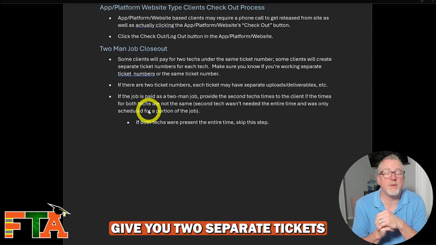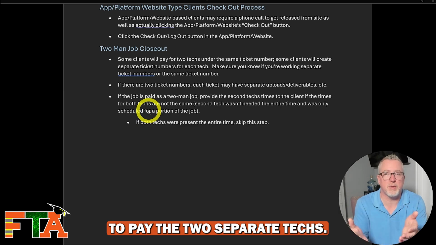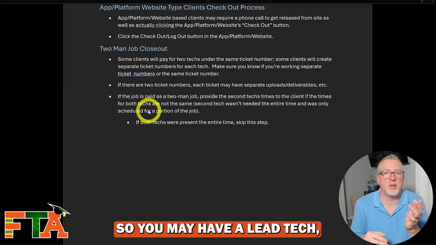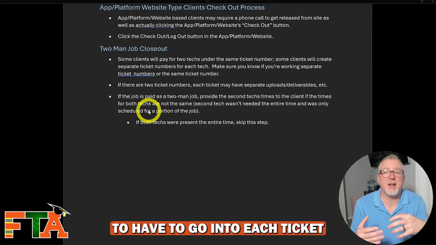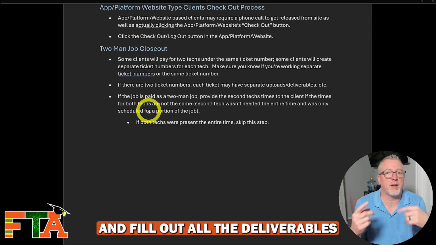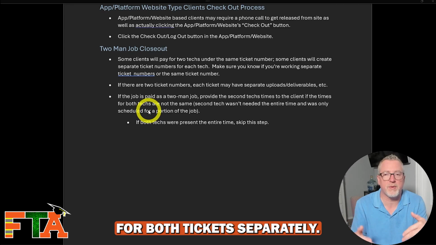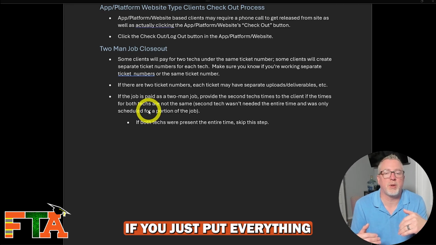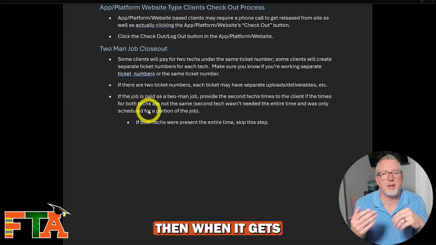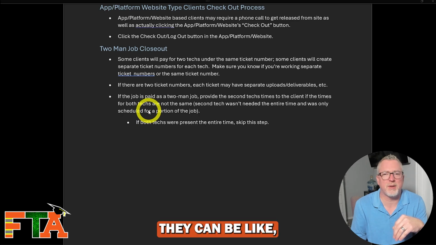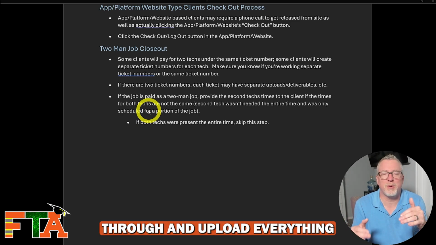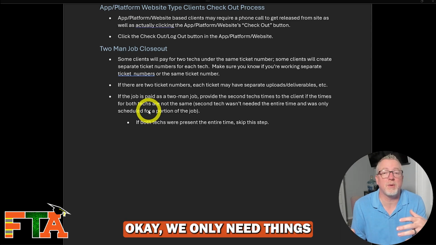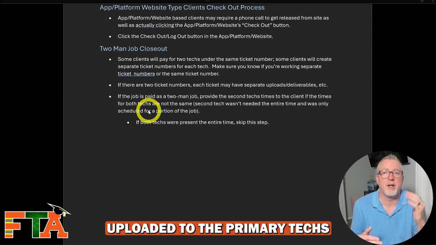Sometimes the clients will give you 2 separate tickets to pay the 2 separate techs. So you may have a lead tech, you may have a helper tech ticket, but you're still going to have to go into each ticket and fill out all the deliverables and everything for both tickets separately. If you just put everything under one ticket, then when it gets to the admin people and they try to close it out, they're going to be like, well, hey, where are all your photos? Where are all your stuff? So just go through and upload everything, unless they specifically tell you, okay, we only need things uploaded to the